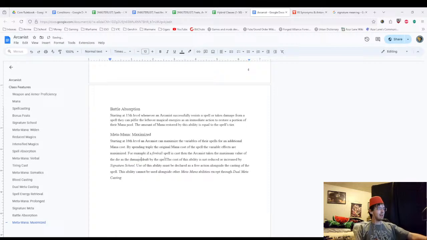The damage by the spell. For example, if a fireball spell is cast, then the Arcanist takes the maximum value of the die as the damage dealt by the spell. Yeah, so this ability also